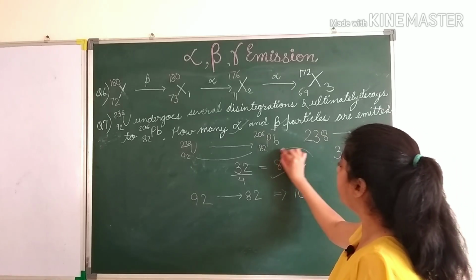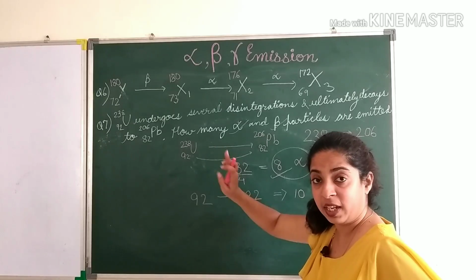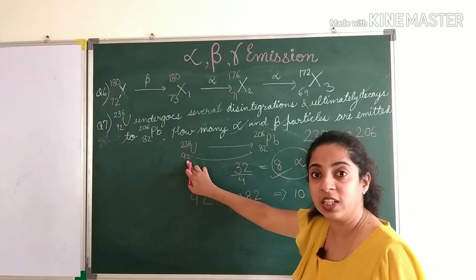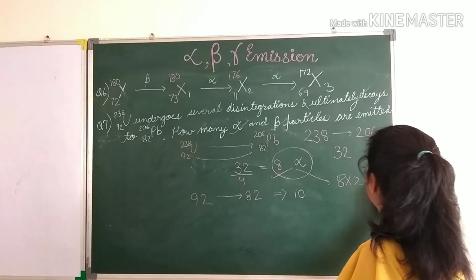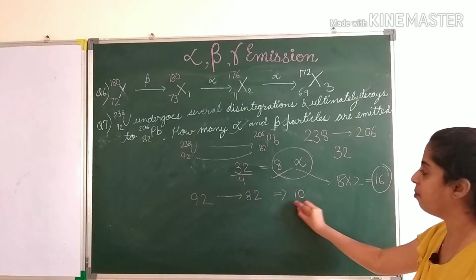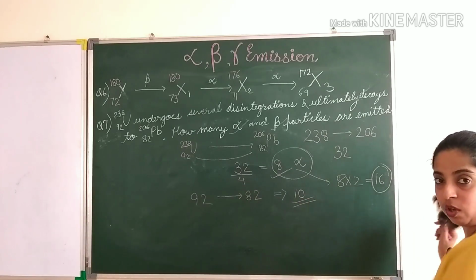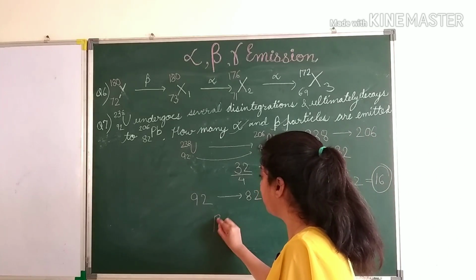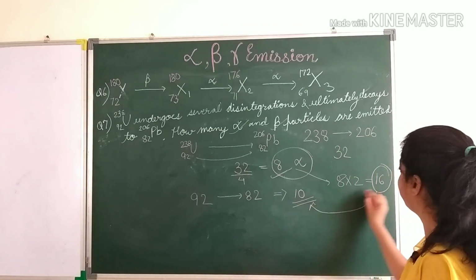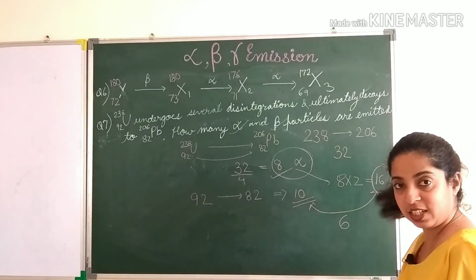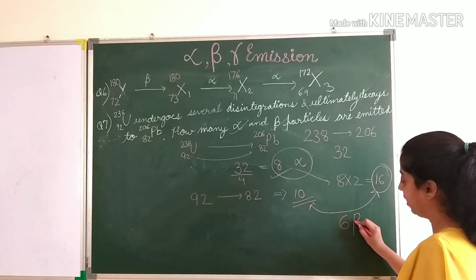तो अब हमें पता है कि अल्फा पार्टिकल तो 8 जा चुके हैं, और एक अल्फा पार्टिकल एमिट होता है तो एटॉमिक नंबर में कितना डिफरेंस आता है? 2 का. तो अगर 8 गए हैं तो 8 × 2 means it is 16, बट यहाँ हमें मिला है 10. तो हमें क्या करना है? हमें 6 का डिफरेंस और है, राइट? सो बीटा में हमें पता है यहाँ -1 होता है, तो हम ऐड करते हैं. तो how many beta particles will be there? इन दोनों का डिफरेंस, the number of beta particles will be 6. So the answer for this question is 8 alpha particles and 6 beta particles.